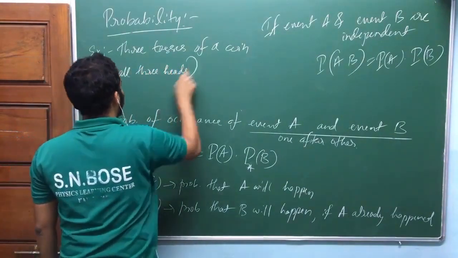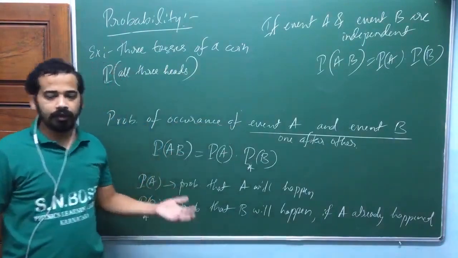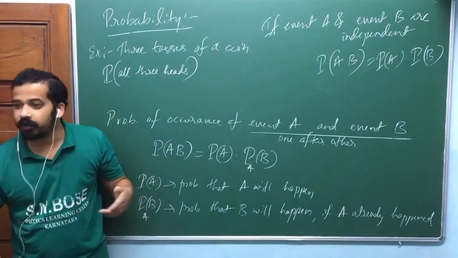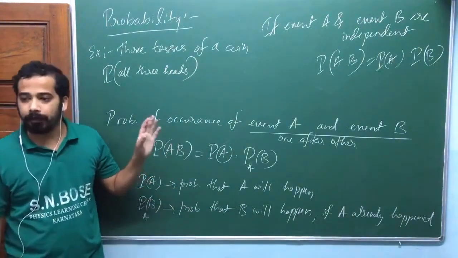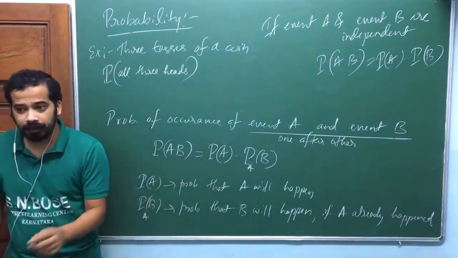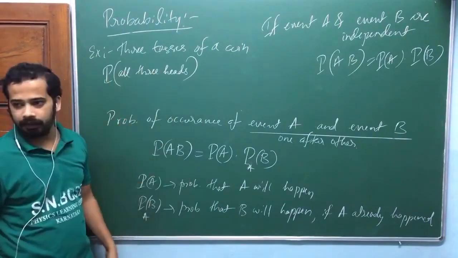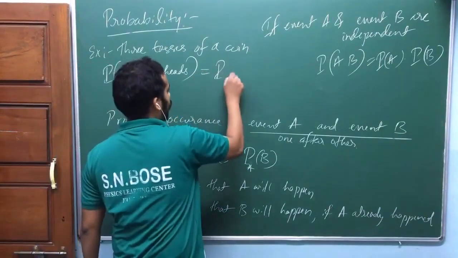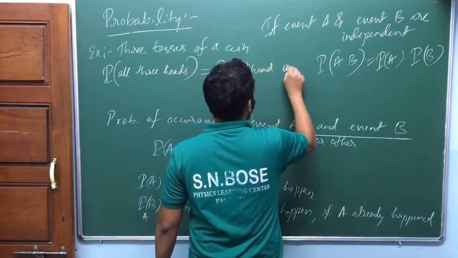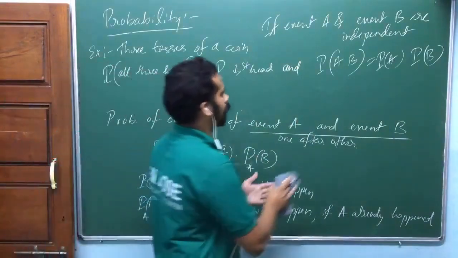Now look at here. What do you mean by this one? Try to write that one in a statement. What is the probability of getting first one head, and what is the probability of getting second, again, what is the probability of getting first one head and second one head and third one head, am I right? And came in between. What is the probability of all three head? That means this is equal to probability of first one head and, am I right? Whenever and comes, you have to make the product. Speak out.